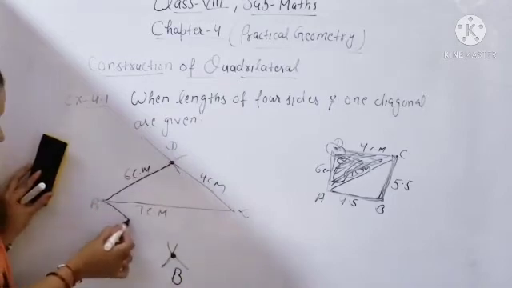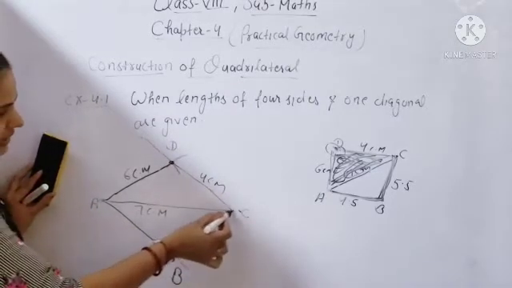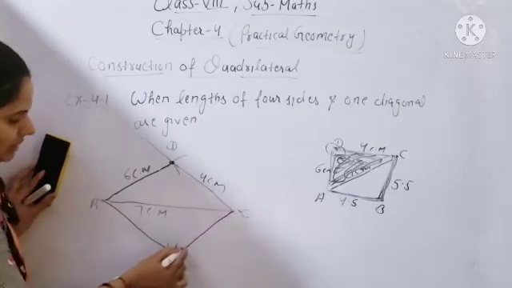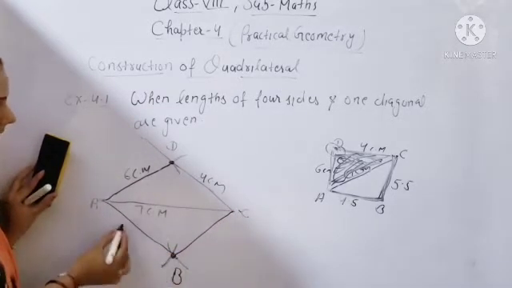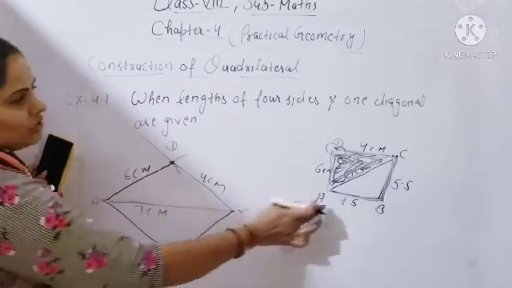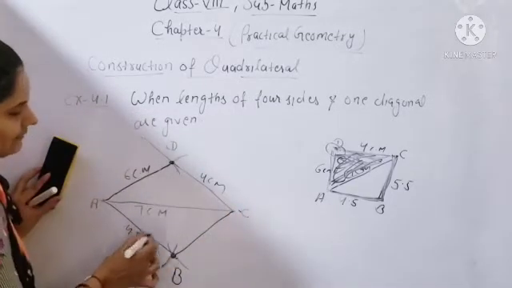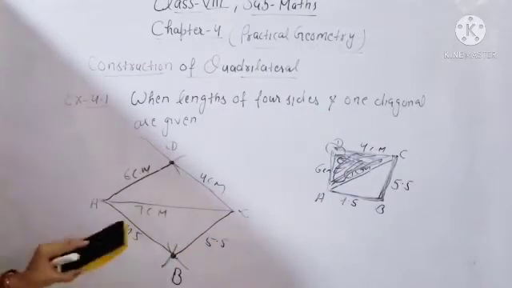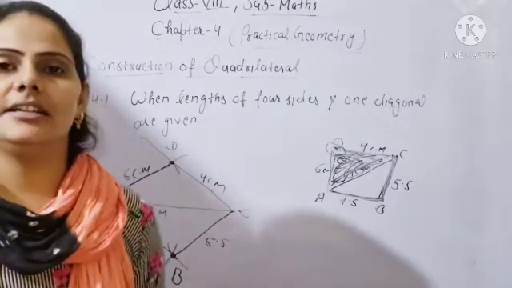After that draw the line. So it will be AB, join the line, and CB. Okay, join the lines AB and CB. And what is the length of AB, beta? So AB is 4.5 centimeter and BC is 5.5 centimeter. Clear? So this is your required quadrilateral.